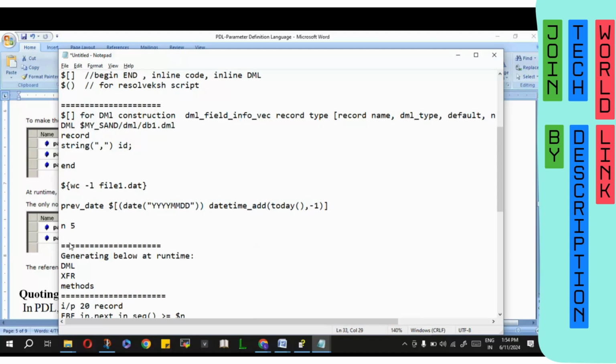So how to do this by meta programming? We will see tomorrow. We will see some functions. That's it for meta programming. And what is the use of this? For inline code you want to write, what kind of code, inline DML functions or inline meta programming functions. Meta programming means for generating DML or XFR, there are some pre-built inbuilt functions, like